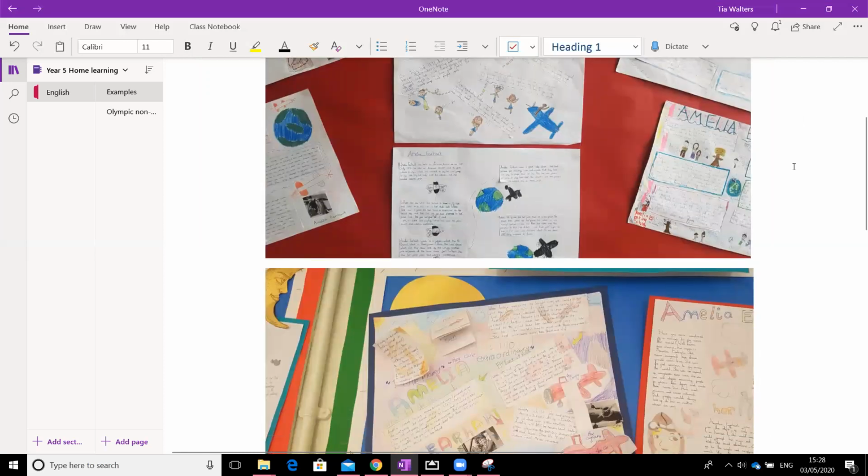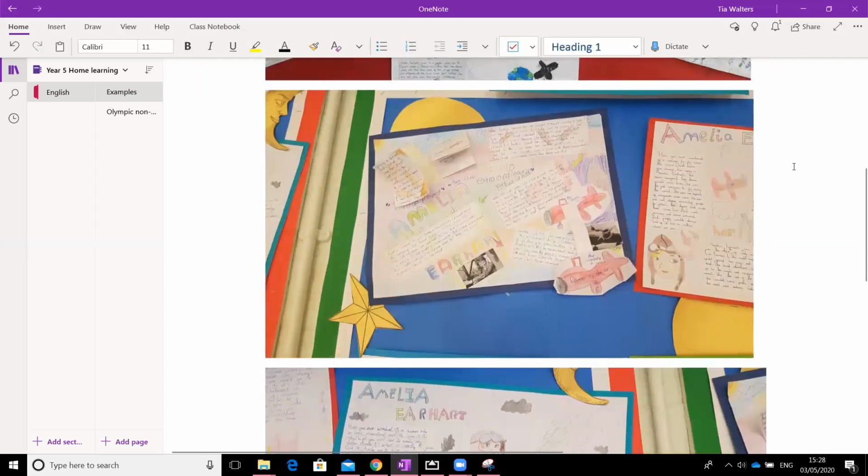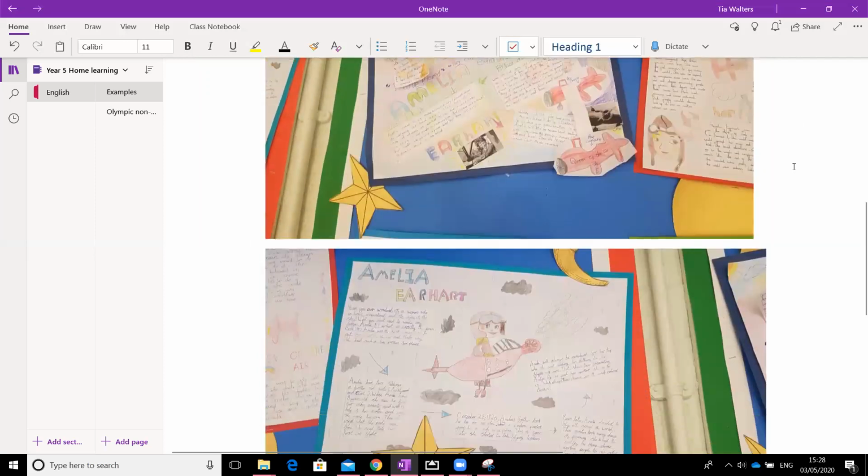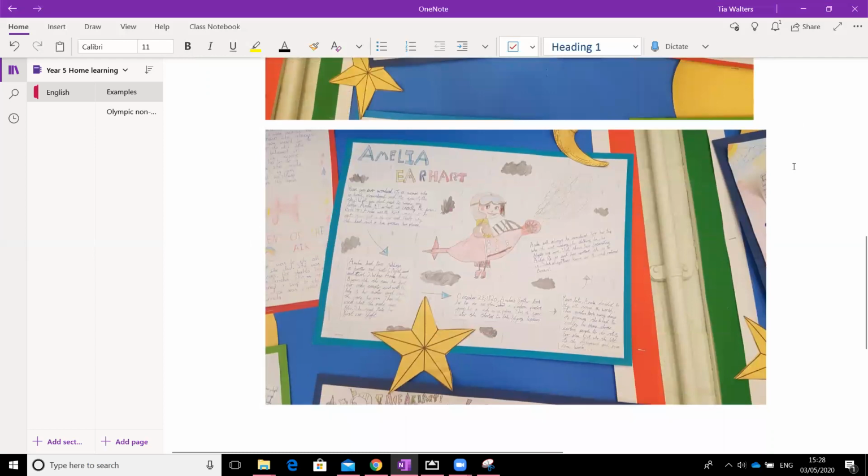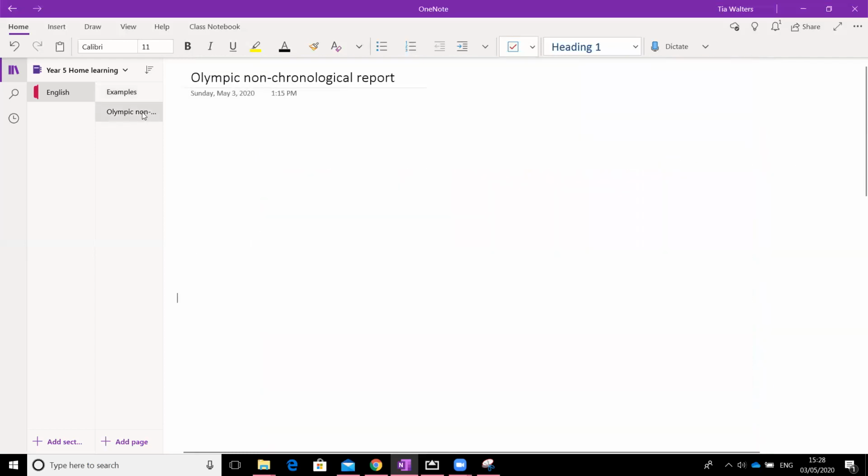So here you go. It's just a few of the examples. This one has some 3D bits on it. There you go. Okay, right, let's get started then. So